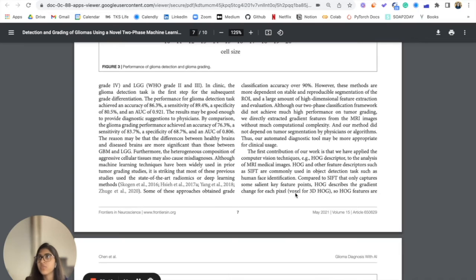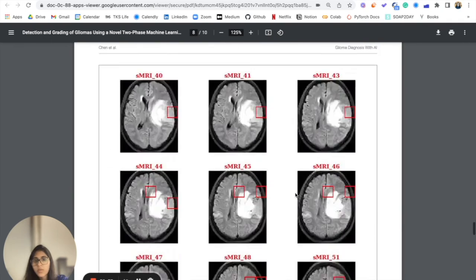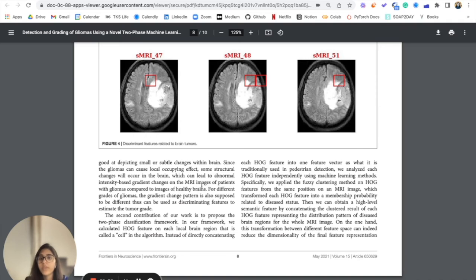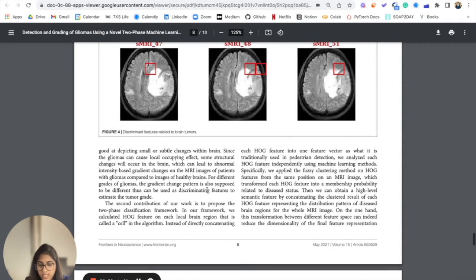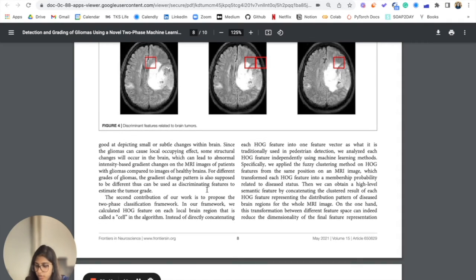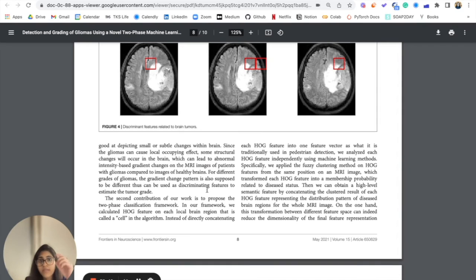The HOG, they use support vector machines. They basically just changed the entire status quo of how to use the HOG, and you can see they got pretty good results as well. Page 8, I would say, is a very, very good page to read if you want to summarize the solution. So again, we're calculating the HOG feature on every single local brain region, and that's the cell in the algorithm. And instead of directly concatenating all of this into one feature vector,